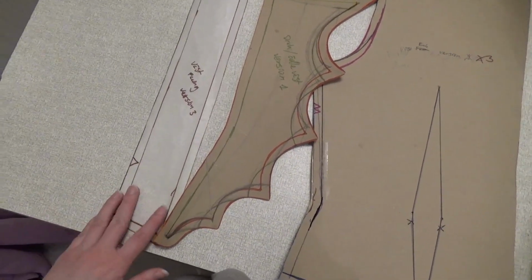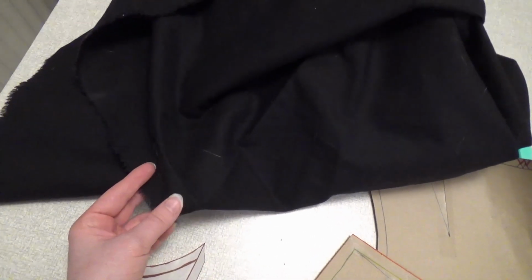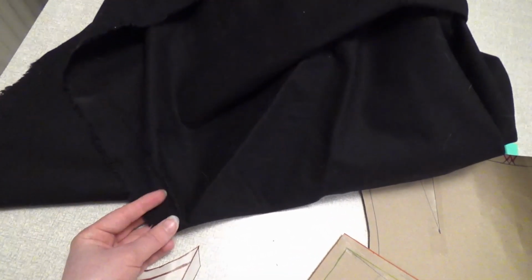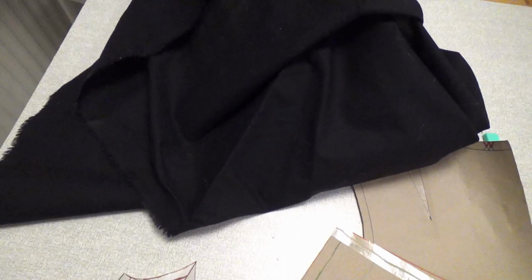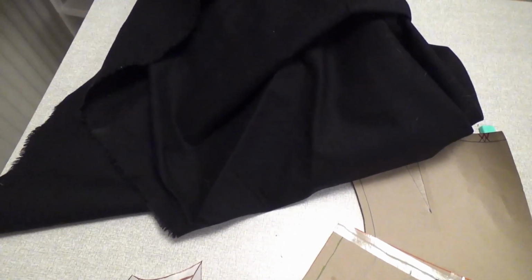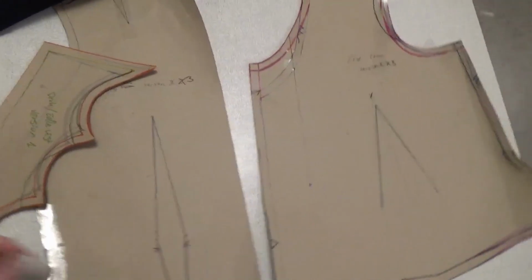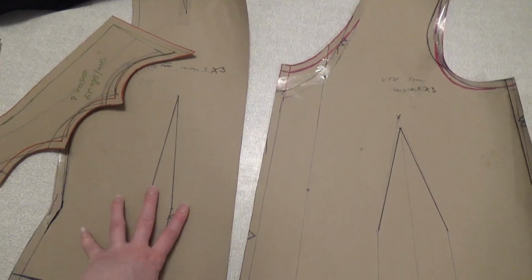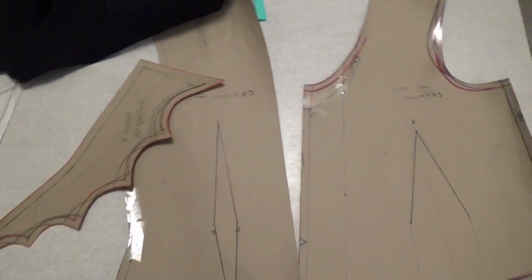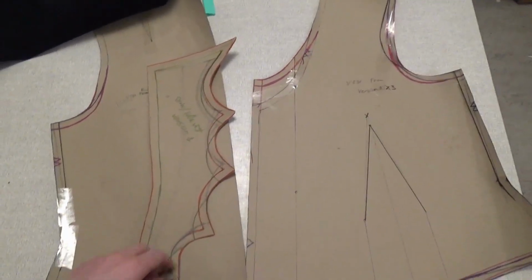And this is the facing. I had to alter that as well. And I'm going to use this black fabric that I made my black pants out of, that I showed in my, what do I call that video? Cozy slacks video, the ones I made before I made those. And I'm going to line it in the same black sheets that I used to line the other waistcoat, and I'm going to use that for the collar as well,